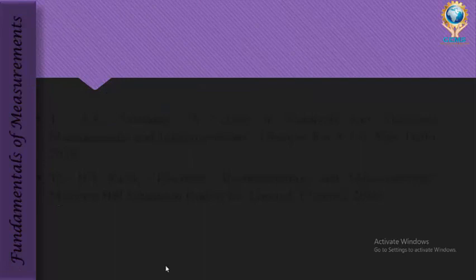So this is all about my today's lecture. So in today's lecture we have seen what is a measurement, and what are the requirements of measurement, and what are the different standards for different electrical quantities like voltage, resistance and current. So we know for current the acceptable standard is the absolute ampere, and for voltage standard we use a Zener diode as a reference and we measure the voltage, and for resistance we take a polyester film, take it in an oil container and measure the resistance. So this laboratory standard resistance was called transfer resistance, and this is how we measure. So this is all about today's presentation.